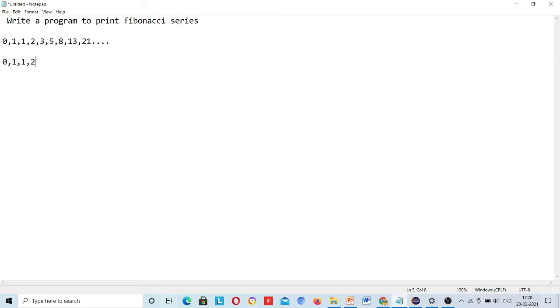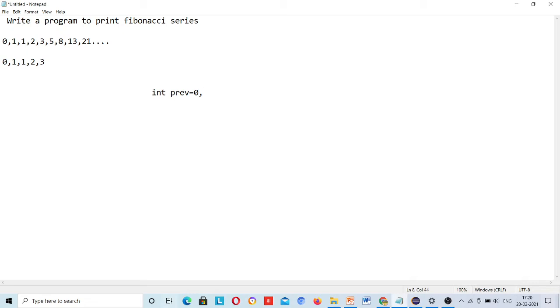Again the next value is 2, which is now your current value. You can see that every time your current value is changing. The current value is 2 as of now and the previous value becomes 1. So 2 plus 1 is 3. Here you can note down one thing. Suppose initially the int previous value was 0.